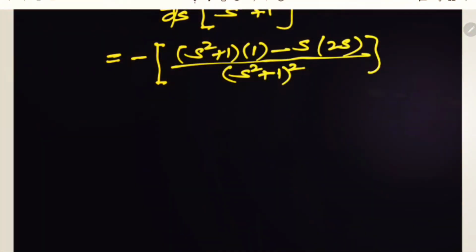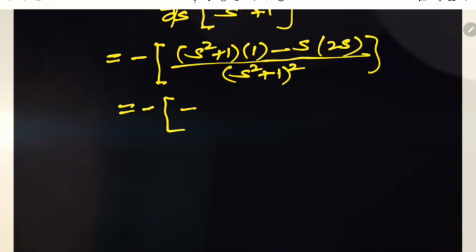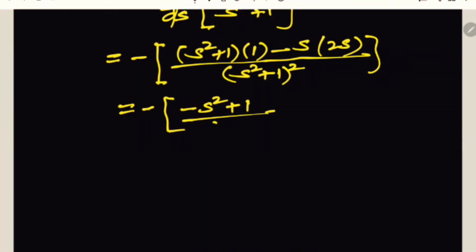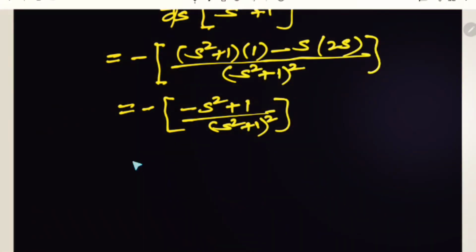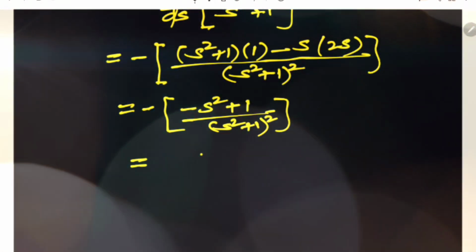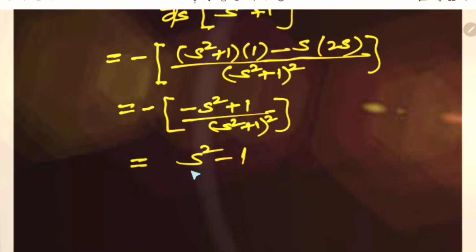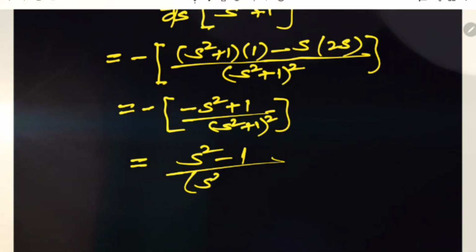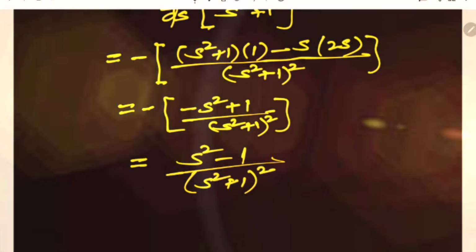Then simplifying it, we get minus s square minus 2s square, we get minus s square, and plus 1 whole divided by s square plus 1 whole square. Multiplying by minus sign, we get s square minus 1 whole divided by s square plus 1 bracket square, and